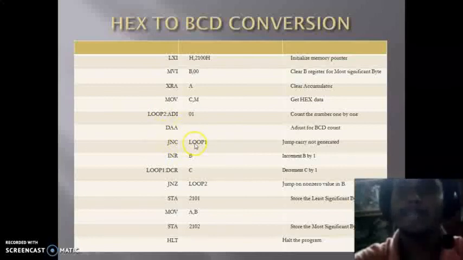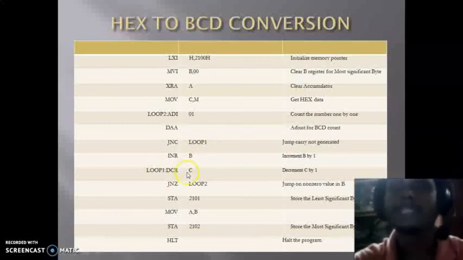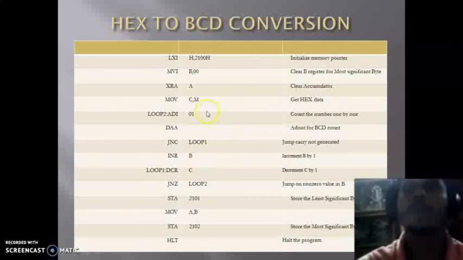If the carry is generated, then INR B will occur, otherwise it will transfer the program sequence into loop 1, so that C will be decremented by 1. So DCR C actually occurs. The content of C, that is FE, will be decremented by 1,